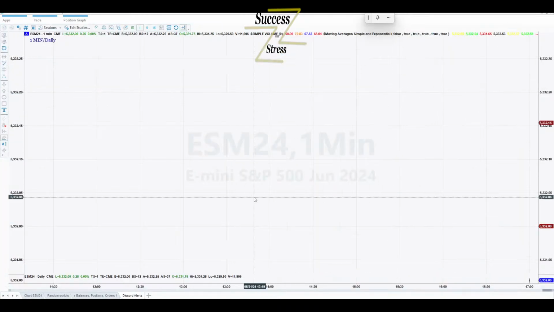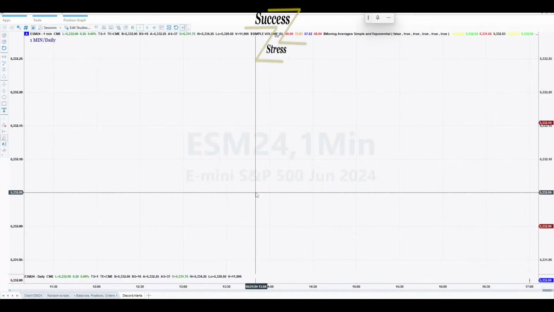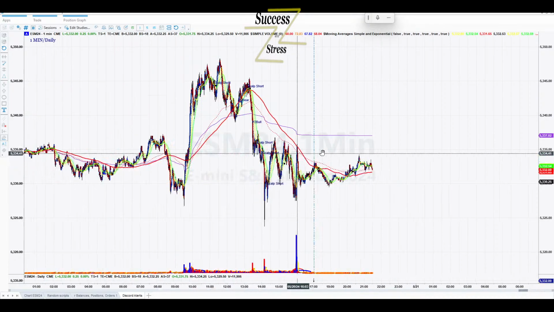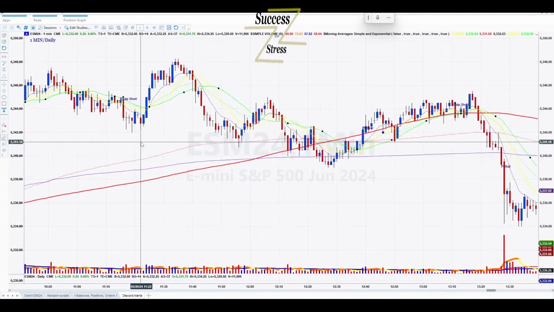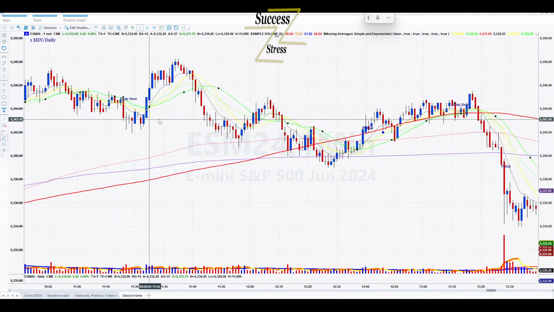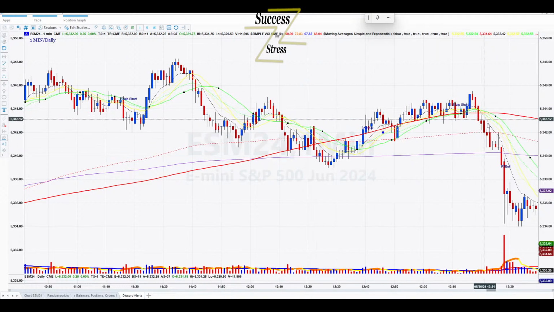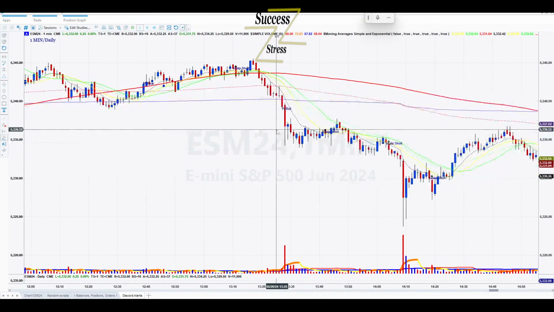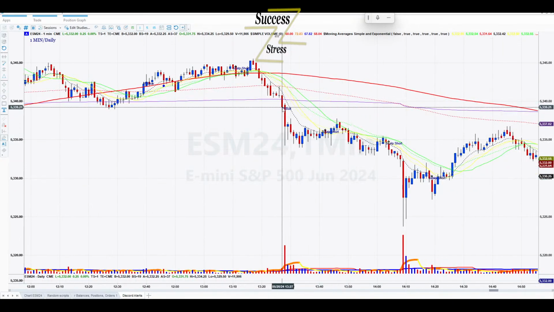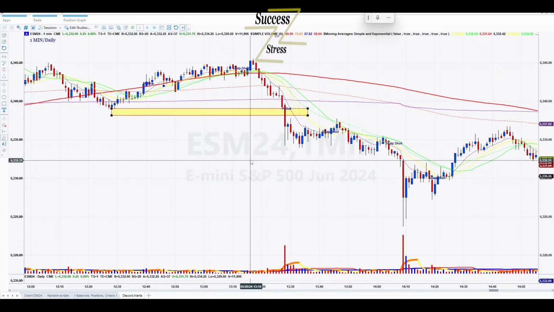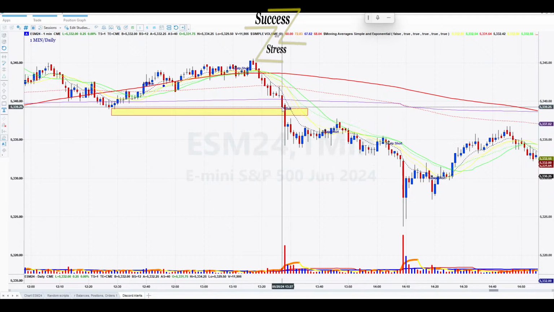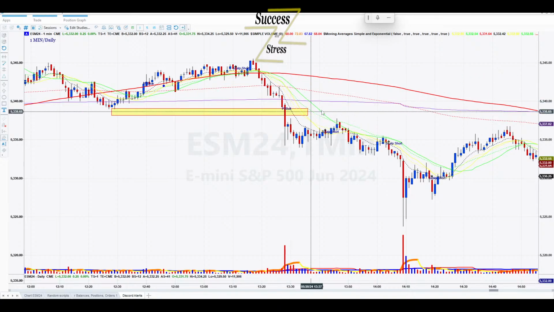On the 1-minute daily time frame, it told us to scalp short. Okay, scalp short. Might have got stopped out, but I mean, it really ran down after that. This here was telling us a potential long, I guess, based on this bounce area here, but this definitely did not reverse.